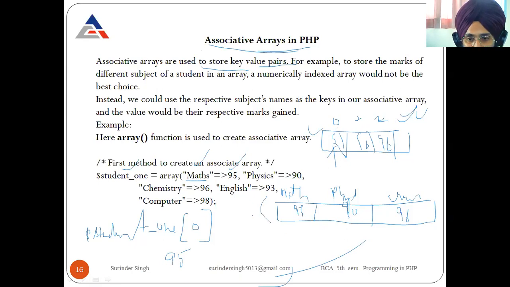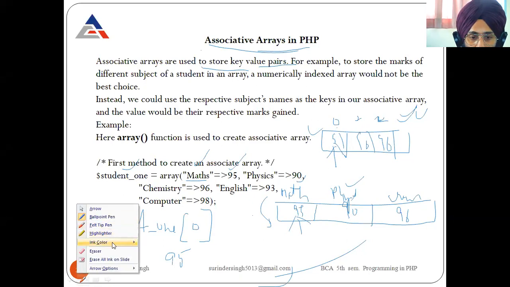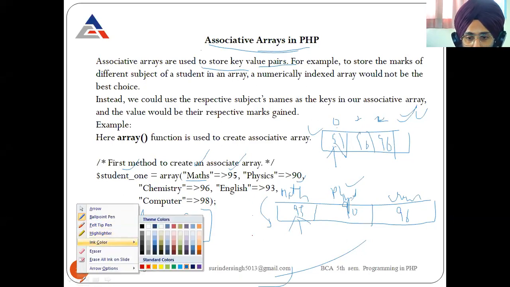And in the case of an associative array, we have created the keys, and these keys are used in place of the index. Now if you want to refer to the first element, how can you write it?